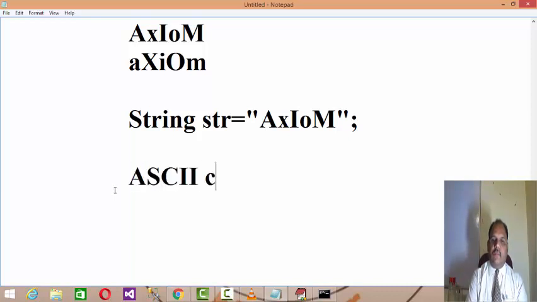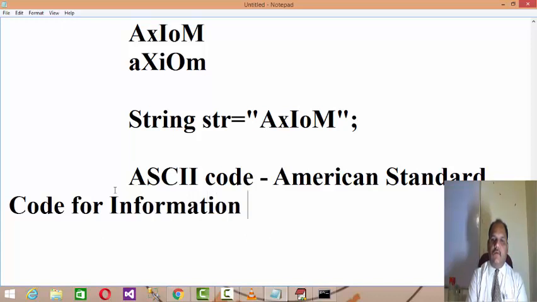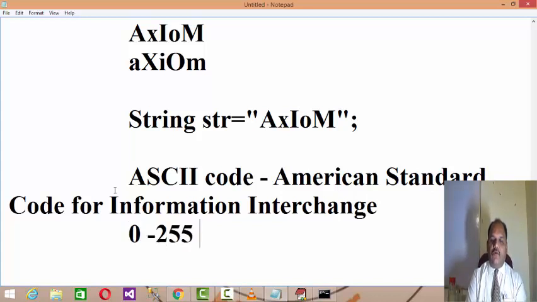Now ASCII code means American Standard Code for Information Interchange, right? Right from 0 to 255 there are total 256 ASCII codes.